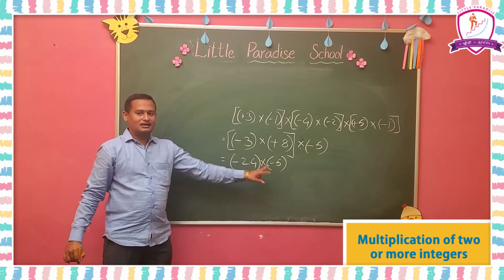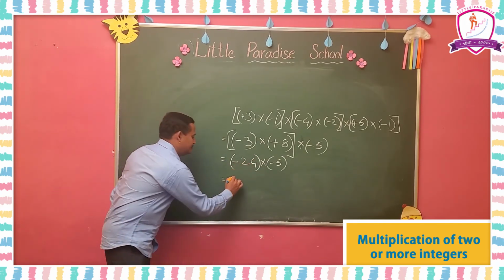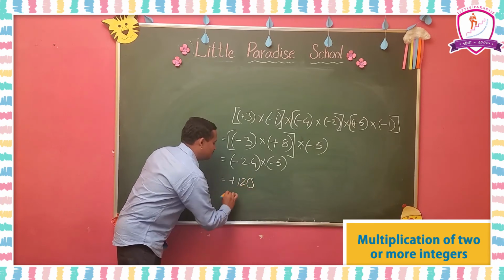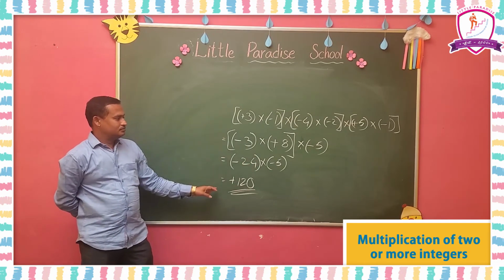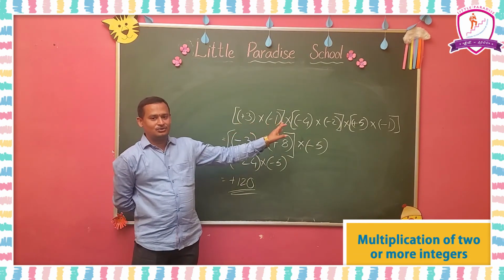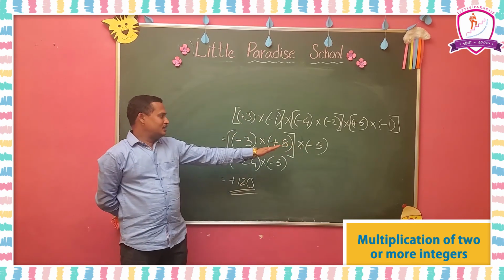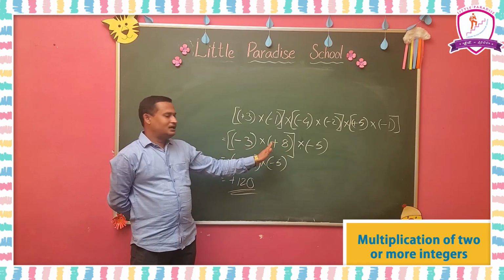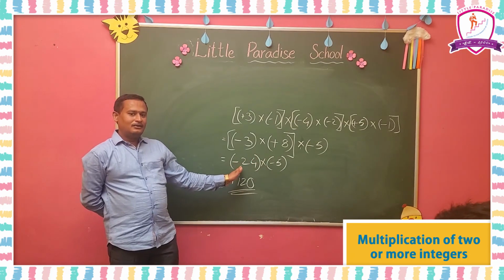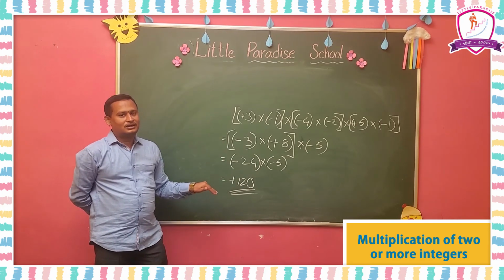So here we got 2 numbers, and we have to multiply these 2 numbers. Minus into minus is plus, 24 5s are 120. So 120 will be the answer. Like this you have to do. When we consider 6 integers, first we take every 2 integers as a group and multiply those, and we will get 3 integers. In these 3 integers, we take the first 2 numbers as a group and multiply them, and then we multiply with the last number, and then we will get the final answer. Okay. Next.